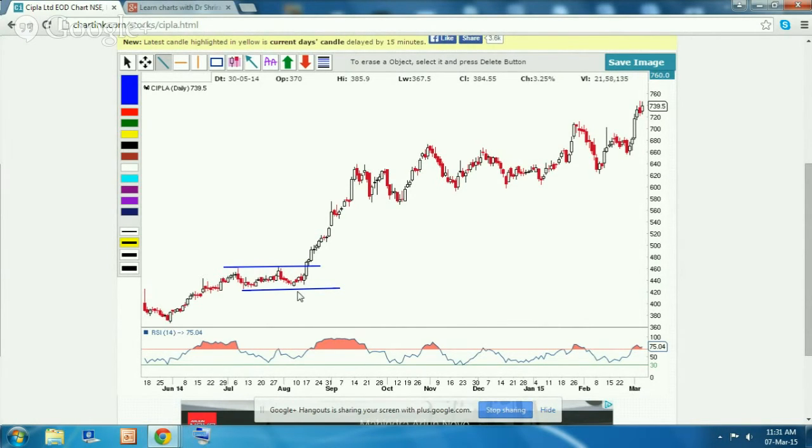A rectangle is a continuation pattern. Means it is a temporary pause in the trend. So earlier the trend was up, then there was a temporary pause, and now after the breakout, the trend again is an uptrend. So price enters the rectangle from below and exits it from above. The second pattern that you see, if you see from here,